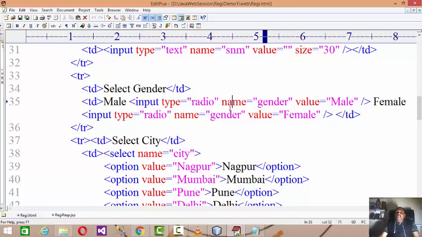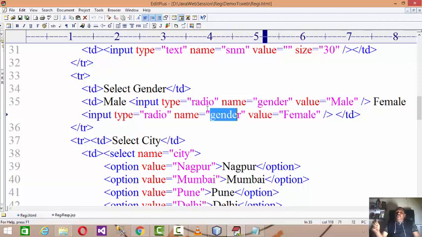Try and understand one point: there are two radio buttons, but both should come under one group, or they should have a common name. So I name both the radio buttons with a common name, that is gender. What will happen if you select different names for the radio buttons?